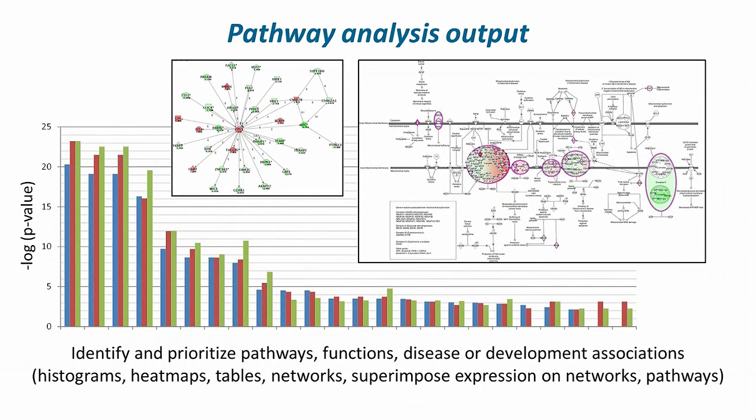Pathway analysis applications will identify and prioritize metabolic and signaling pathways, molecular functions and processes, and disease or development associations that are generally categorized by software vendor curation of the literature, topics that are outside the scope of standard gene ontology tools. Data can be generated in similar formats to gene ontology tools, such as histograms, heat maps, and tables, but can also generate useful pathway and network diagrams that superimpose and arbitrarily color differentially expressed components within the respective